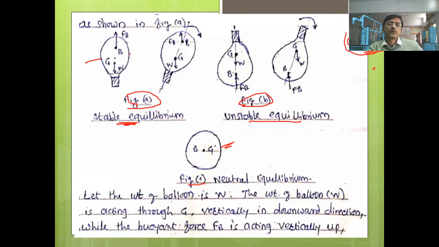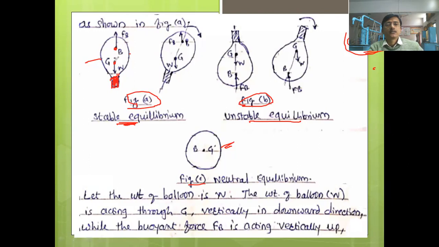Now you can see this is the balloon up to this, and this balloon has been attached with a small weight. या बलूनच्या बॉटमला तुम्ही जर पाहिलं तर या ठिकाणी एक वेट अटॅच केलेला आहे. Okay, and because of this weight, the CG of this balloon has been shifted. हा या ठिकाणी आलेला आहे. Originally it may be somewhere here, but now the CG of the balloon has been shifted down, and this center of buoyancy is here. Okay, म्हणजेच काय, हा G खाली आलेला आहे आणि हा B वरती गेलेला आहे.